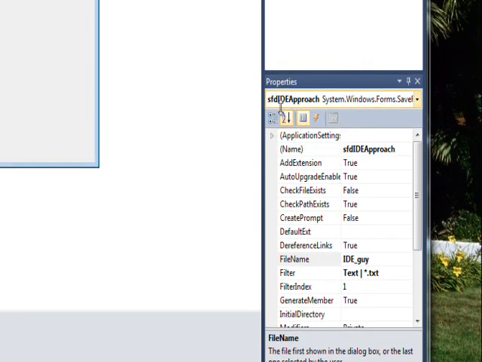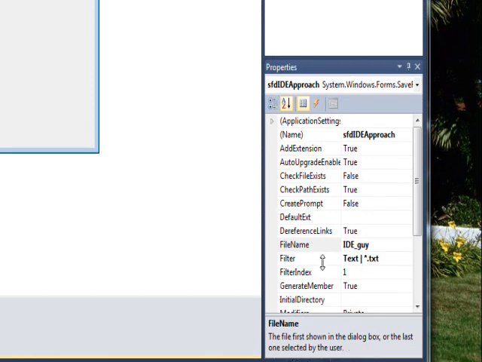Within the properties for the saveFileDialog component, we can create a filter, which is basically a type of file and then a bar, and then what defines that type of file, like *.txt for text files. And we could have several bars and several different types of these types. You know, we can have JPEGs or PNGs or whatever we want to do as a type of file. And we can also fill in the file name, which is the default file name we want to give it. In this case I'm saying